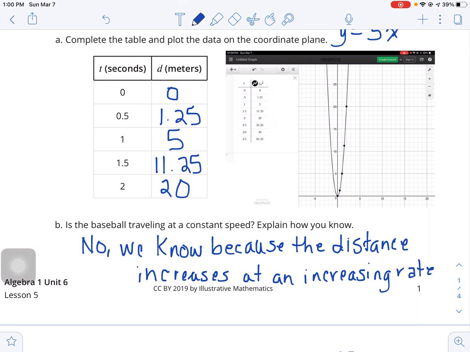So it's not linear. For example, what we mean by that is from 0 to 0.5 seconds, it's fallen 1.25